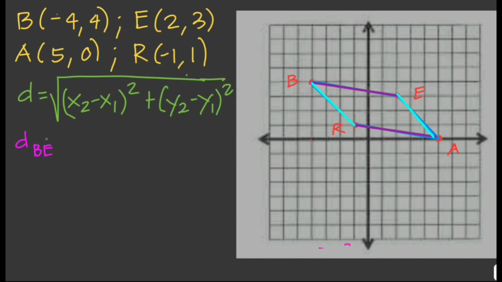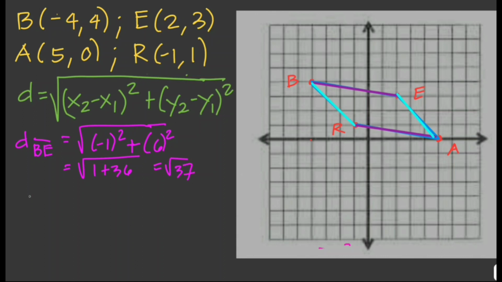So, the distance of point B to point E. This is just the square root of (x sub 2 minus x sub 1) squared plus (y sub 2 minus y sub 1) squared. So that would be 3 minus 4, negative 1 squared, plus 2 minus negative 4, so that is 6 squared. So this is just the square root of 1 plus 36,